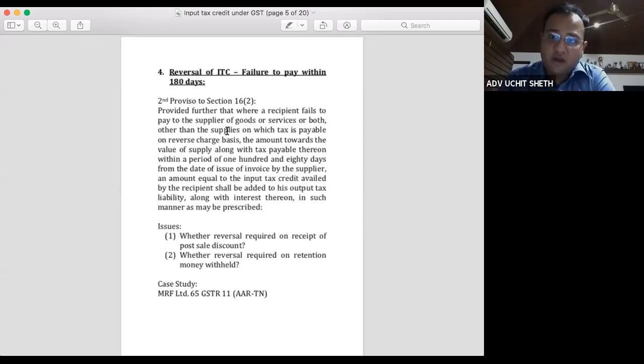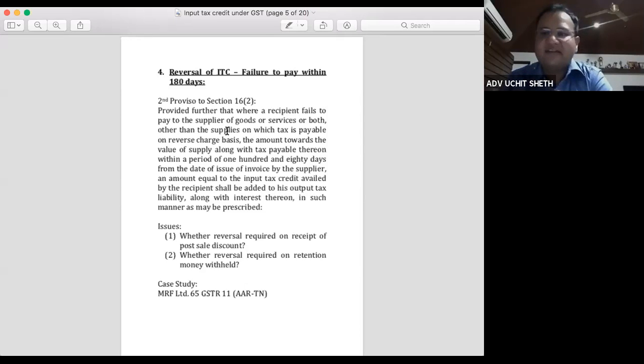But the more interesting question is, what if the contract itself provides for a stipulation that look, 10% of amount you can pay after completion of the contract? According to me, here there is a problem. Suppose the buyer and the seller mutually agree for a credit period of more than 6 months for whatever reason, then the provision has a lacuna, because the provision does not give credence to the credit period which is given by the seller to the buyer. The provision simpliciter says that the payment needs to be made within 180 days from the date of issuance of invoice. So according to me, this is a slightly gray area.